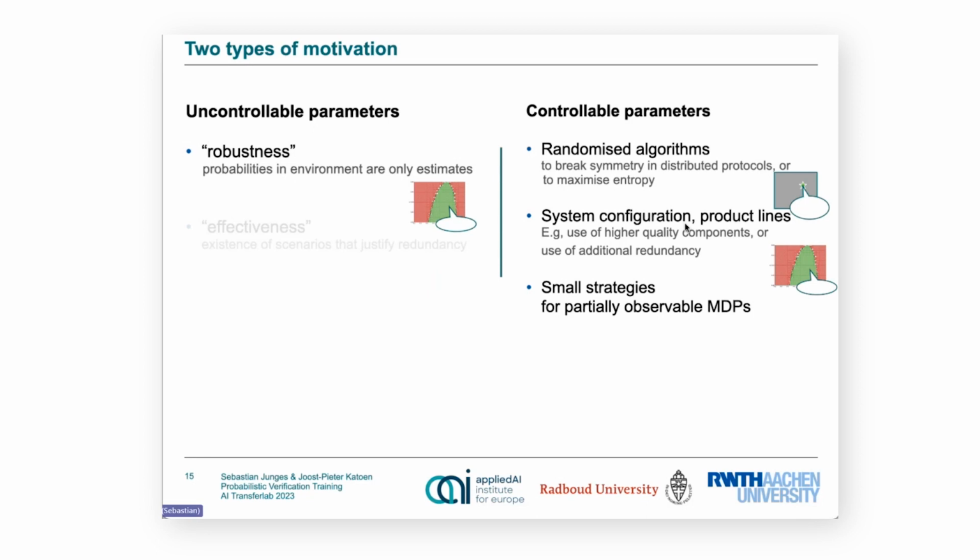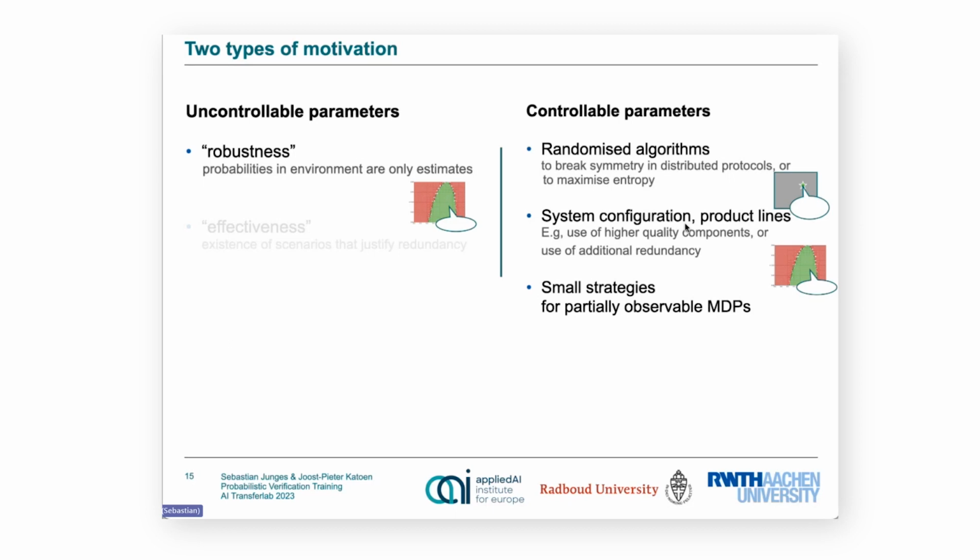And in those settings, we typically want to understand robustness. So we want to understand for all these probabilities, or around a particular point, what happens if we change these parameters? How sensitive is our protocol against changing these environment parameters? There are also other types of motivation in the uncontrollable parameter case, but I today want to particularly go into